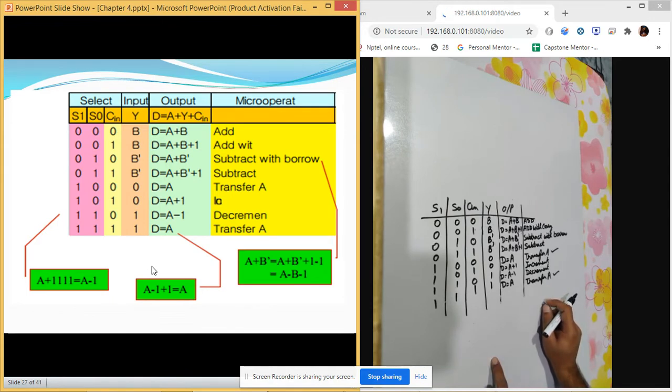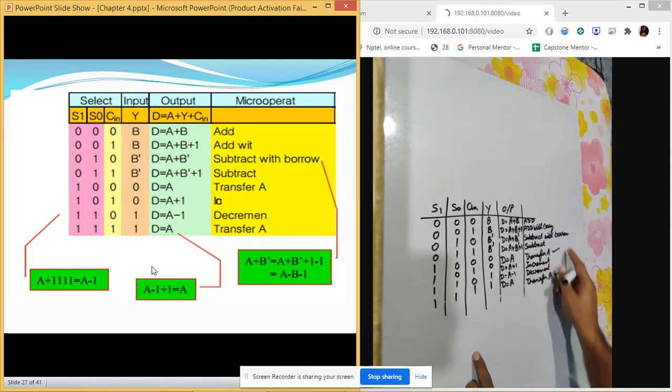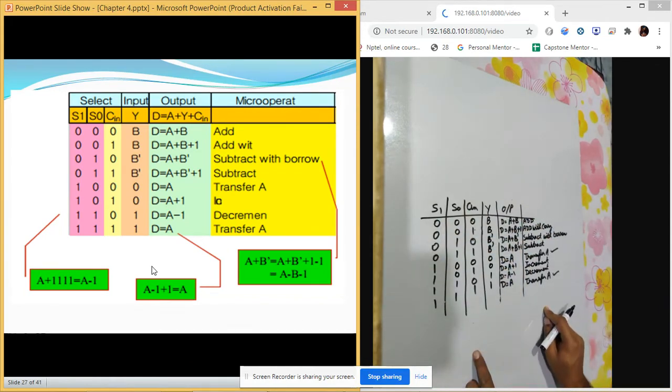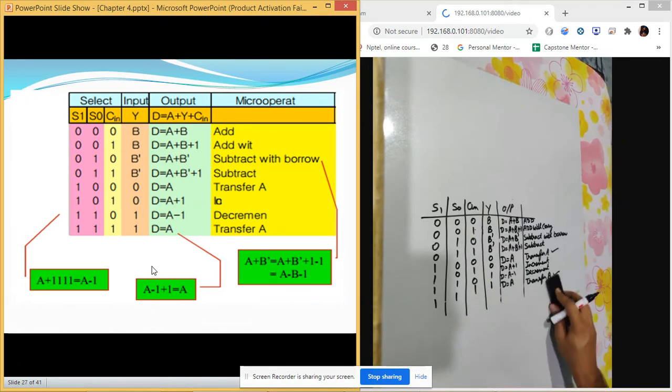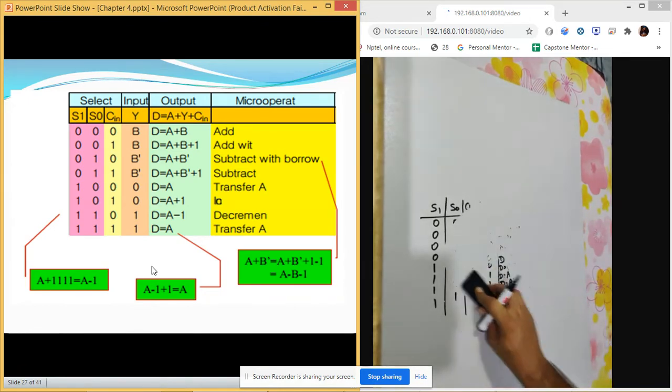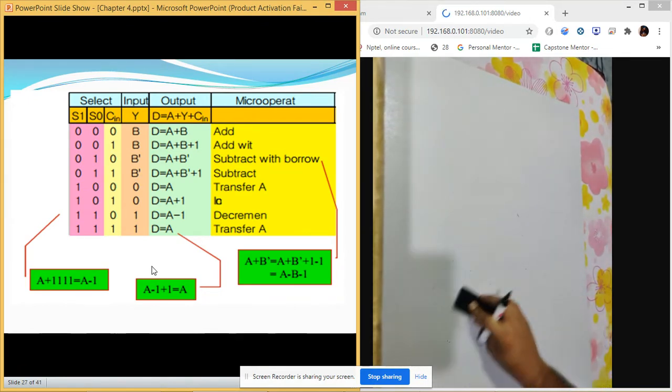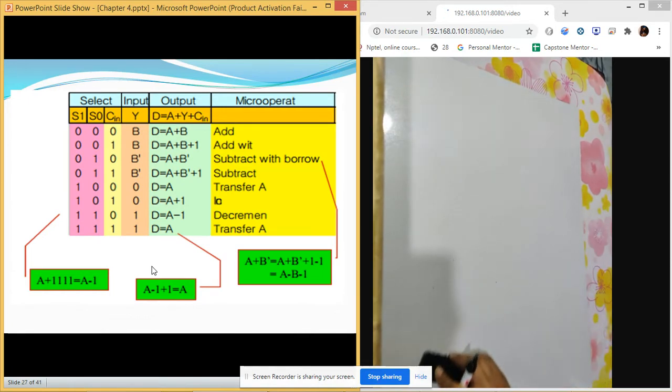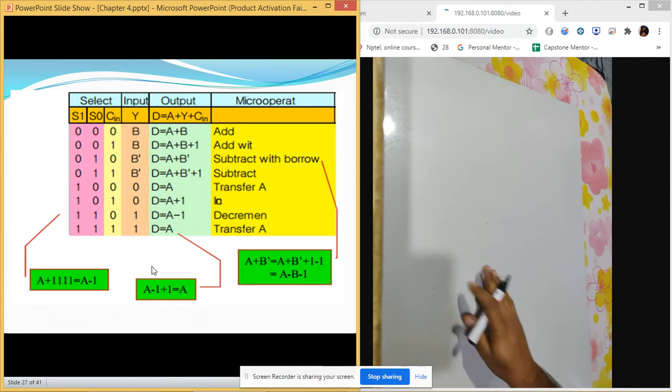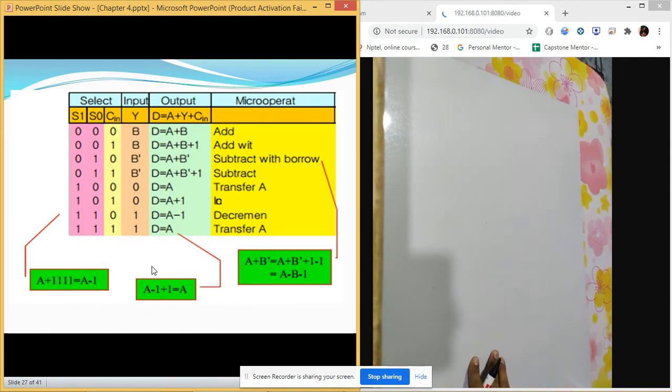We will discuss how this is created and how this circuit is going to work while we are making this circuit. So now let us start by making this circuit. I was just clearing up what the different operations are which we have in this slide. So we are going to make the circuit now.